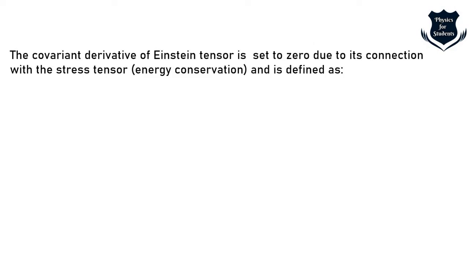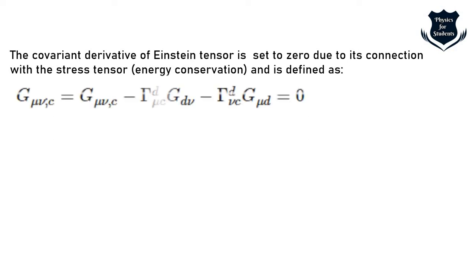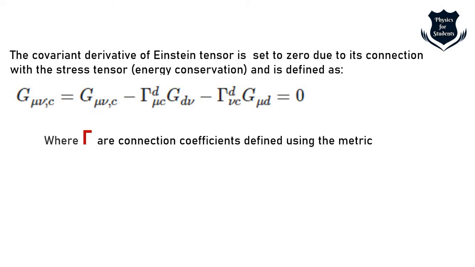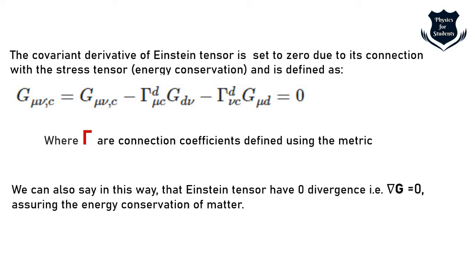If you're wondering what a covariant derivative is, yes, I will make a video on what a covariant derivative is. The covariant derivative of the Einstein tensor is set to zero due to its connection with the stress tensor, and it is something like this. Here you can see there is a gamma term, which is a connection coefficient used for the metric. So we can also say that the Einstein tensor has zero divergence,